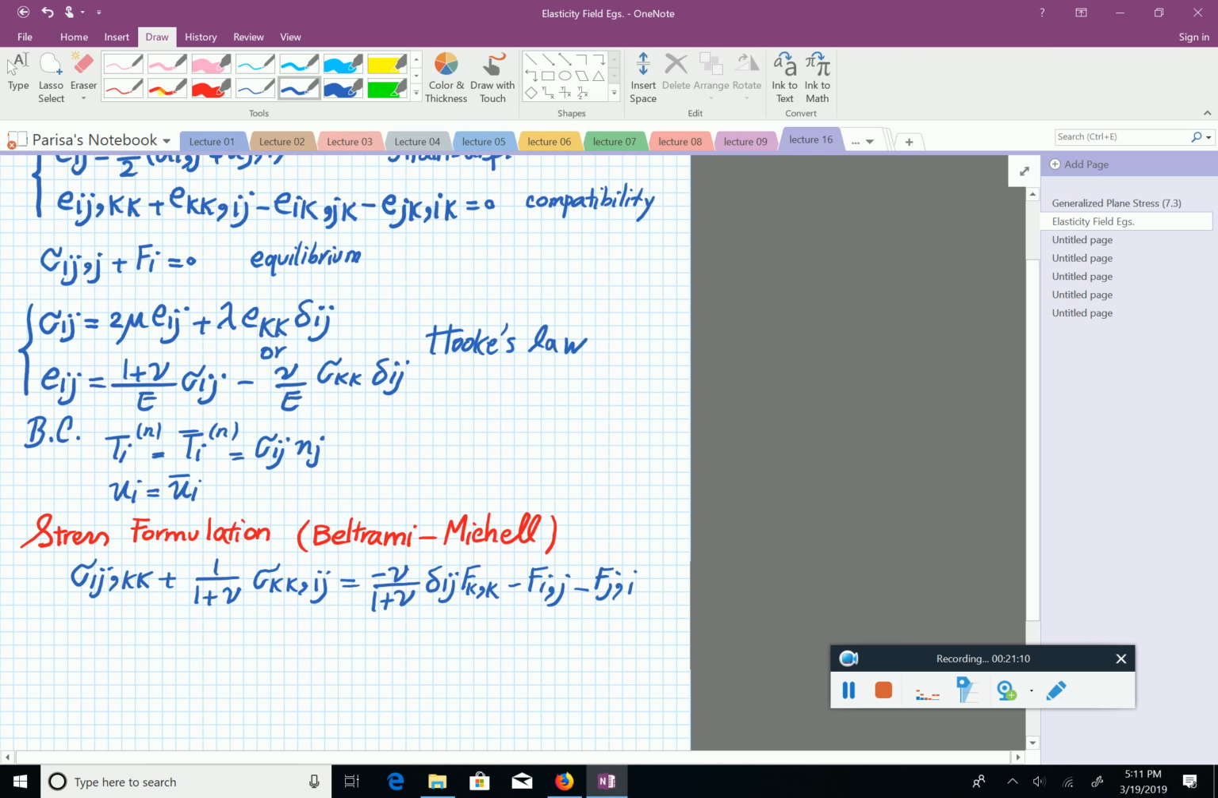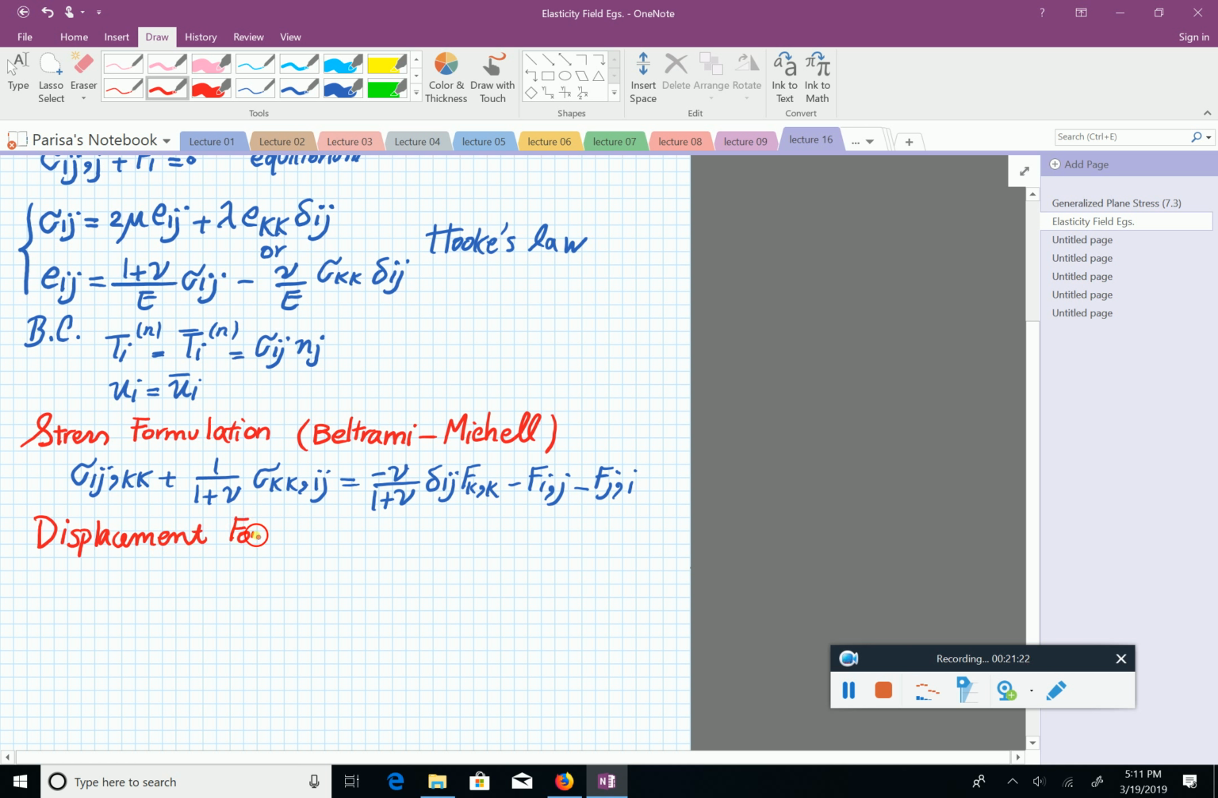And then we had displacement formulation, where you write everything in terms of displacement. And we got what equation? Navier equation. Which looked something like